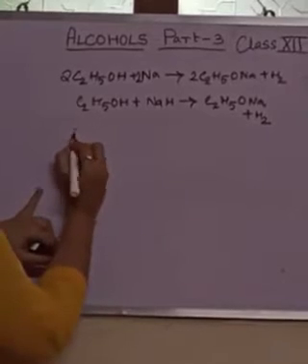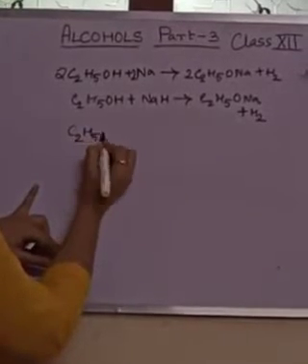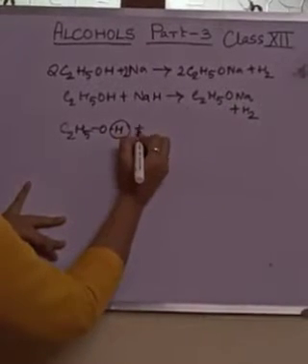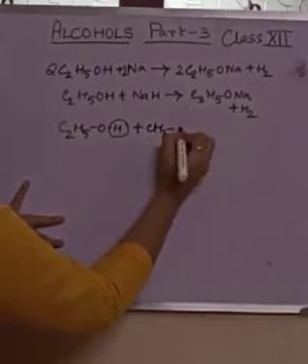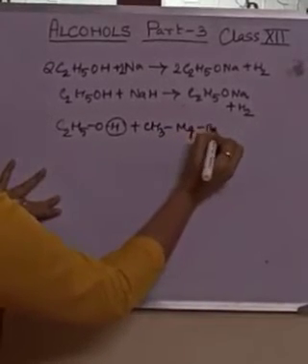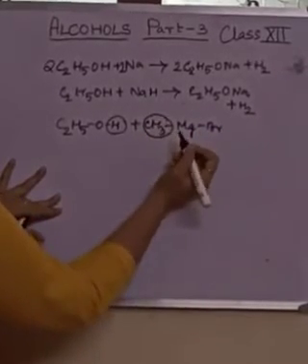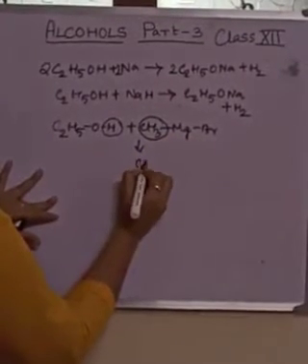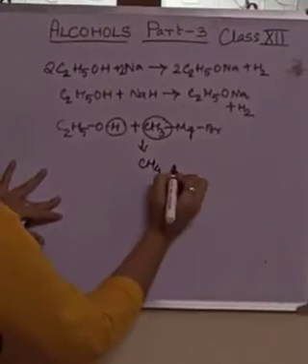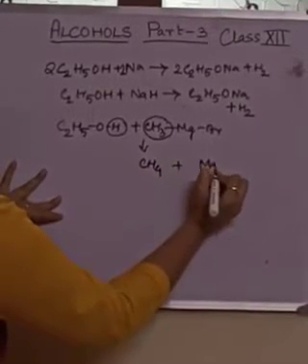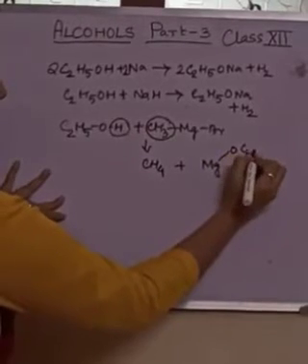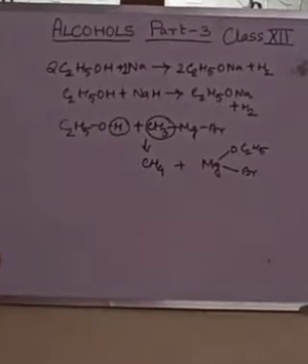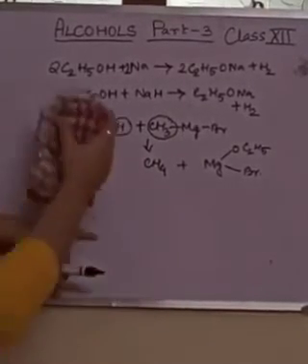Now here what happens is that the hydrogen of the alcohol reacts with the alkyl group of the Grignard reagent, resulting in the formation of an alkane plus a byproduct. Okay. Now is the reaction of alcohols with